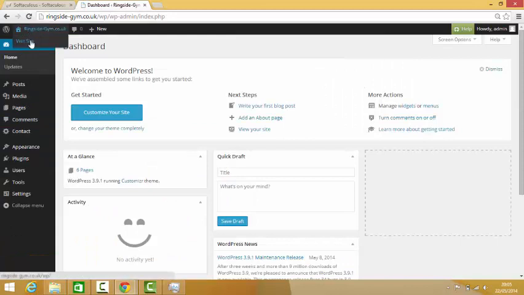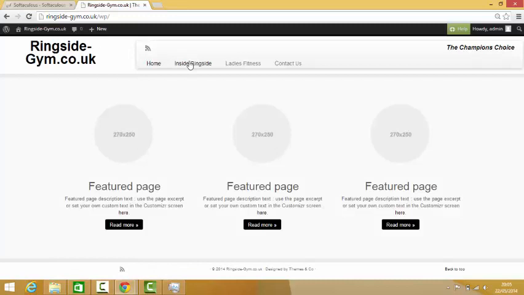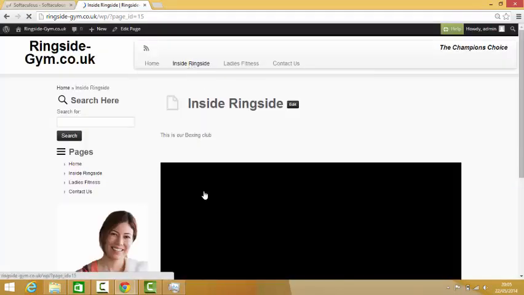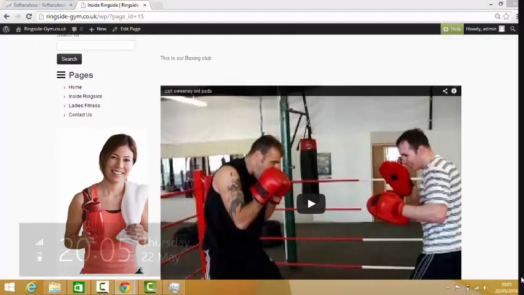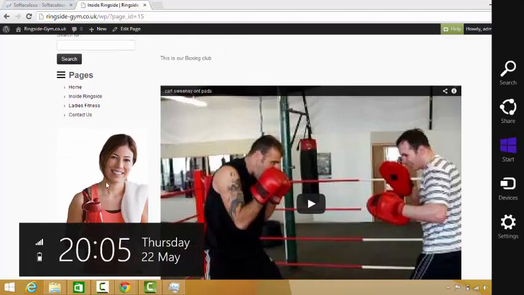Once again, go into here, and we'll now click on any of these inside here. Again, we'll go for the inside ring side, and we'll click on this image. I'll just move it down a little so we can see. So we go ahead and we're just going to get rid of that for a start, but we're going to click on the image here, and you'll see now that actually